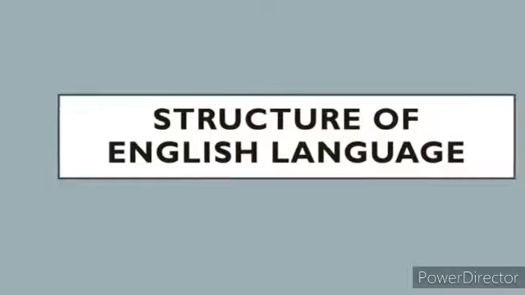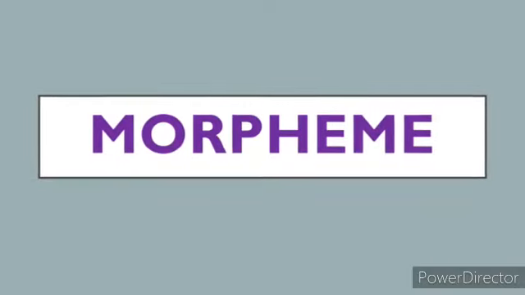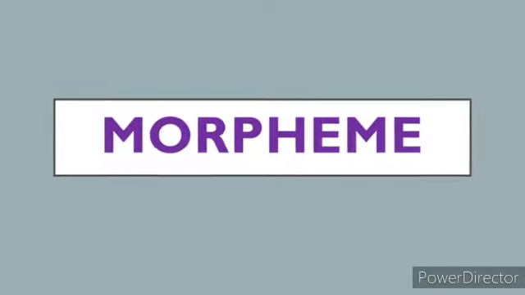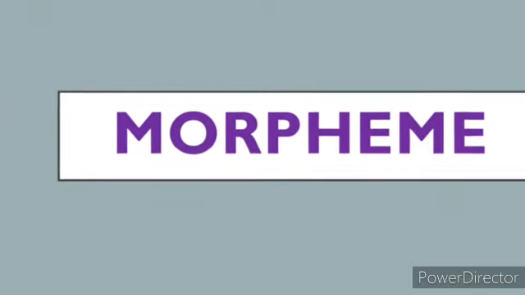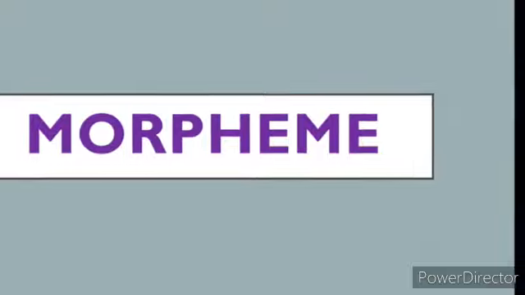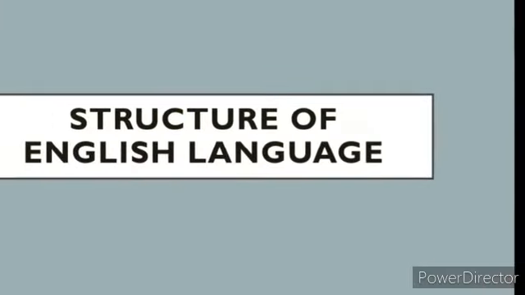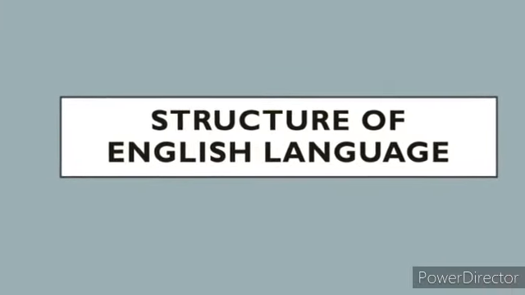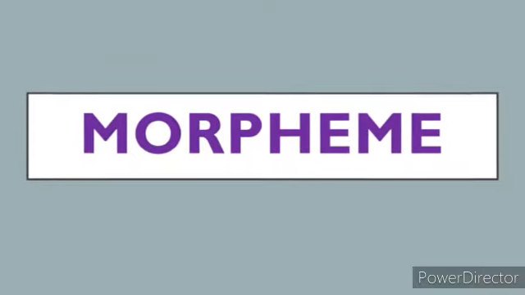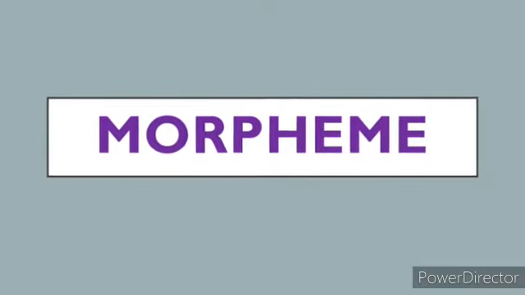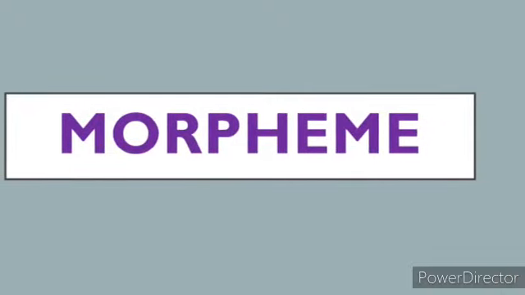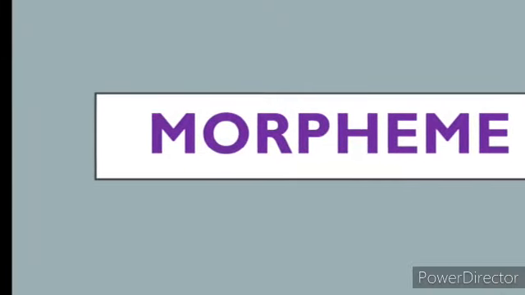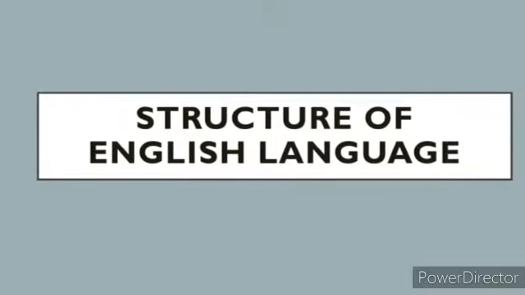Morpheme. Morpheme is the next higher unit. If we divide the word classes, the result will be class plus es. These two parts of the word classes are morphemes. Morphemes are of two kinds, free and bound. A free morpheme can stand by itself. The morpheme class in the word classes can stand by itself and so it is a free morpheme. A morpheme that must be attached to a free morpheme is called a bound morpheme.